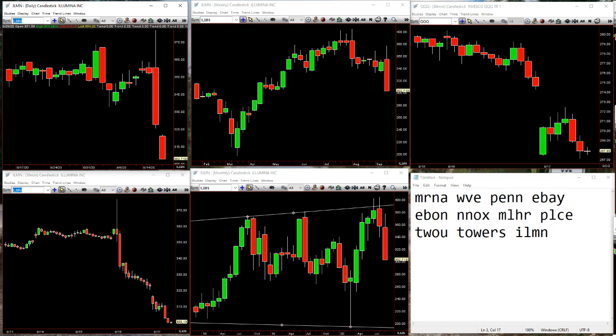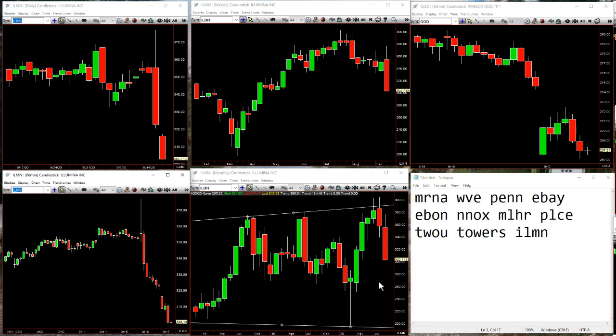And you can see here on the monthly, it's now 3-2 to the downside. Outside, range expansion continuation. Outside week, big outside day, and continuation. Here, inside 60, the lower left, boom, that was below 307.14. There you go. There's $7. That's not bad. If we go to TWOU,